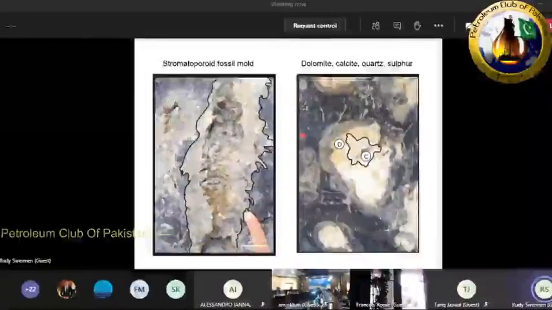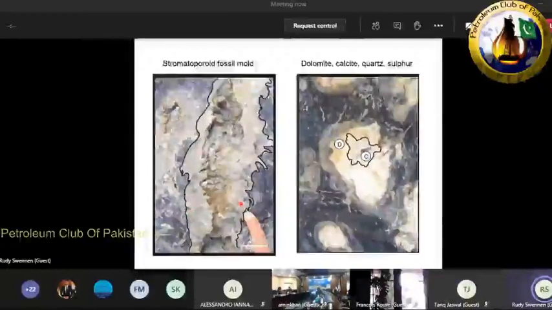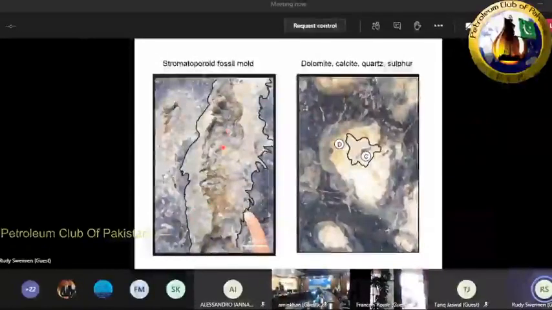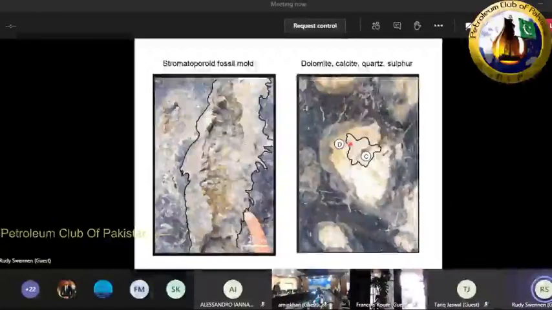We have some of these fossils from metaporoids, because they were already quite lithified. They have not been dolomitized, and they were selectively affected by some dissolution of the calcites,